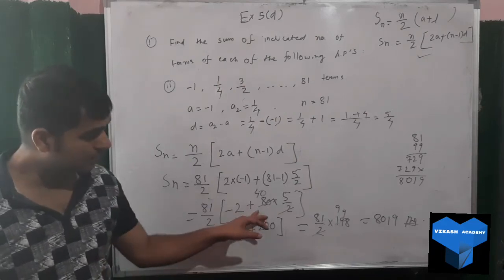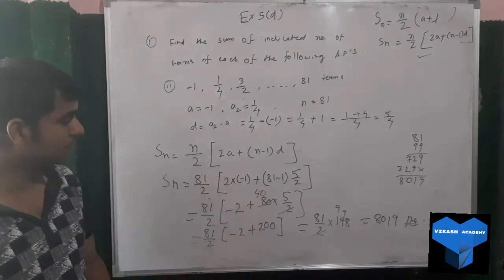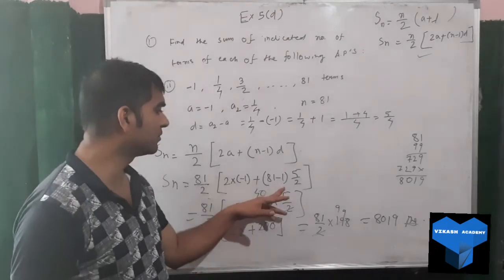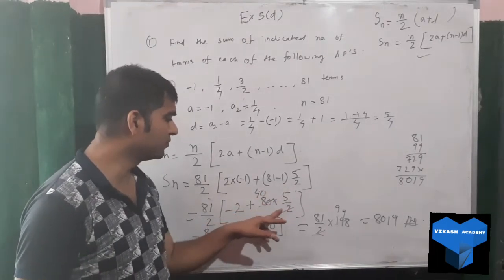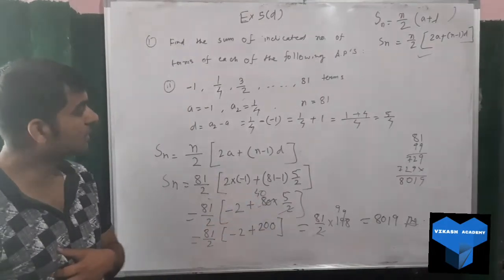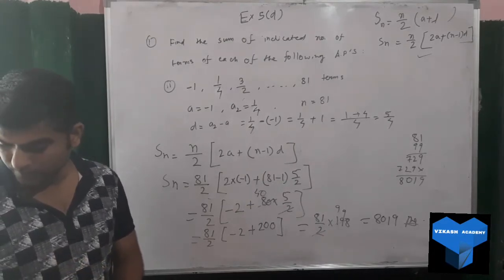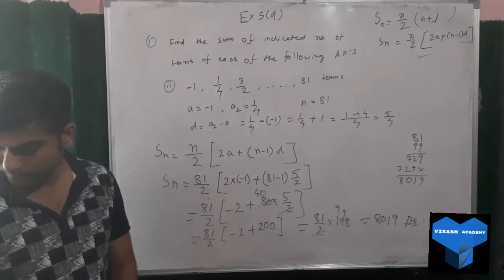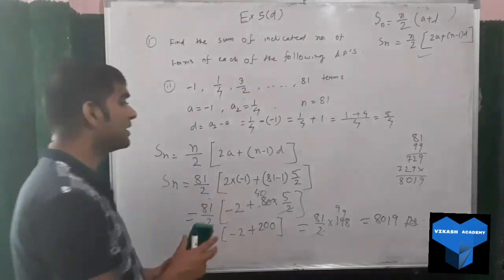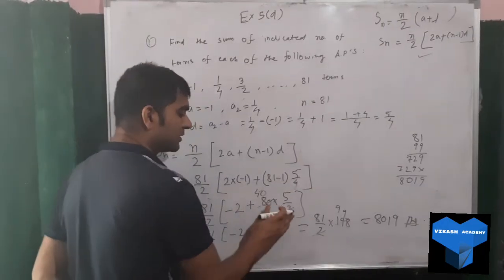So when we are cancelling, what are we getting? 80 with 2 gives 40, so we have obtained 40, then 40 with 5 by 4. Okay, so we will try to correct it. The difference here is what? The denominator here is 4, so this will also be 4.